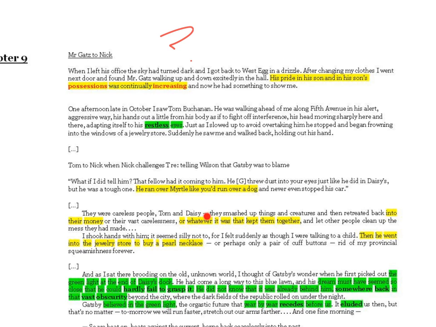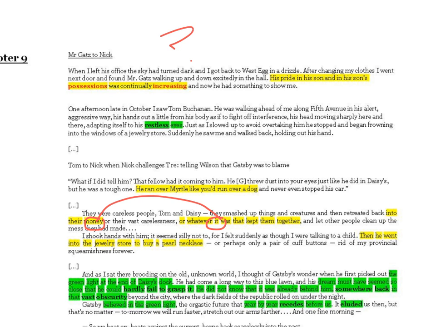Money is offered up as a first candidate there, into their money or whatever, so money is undoubtedly part of that, but it's also the security, the kind of preserving wealth. So here we have an adulterer and someone who has killed another human being, a violent adulterer, and Daisy, who has obviously been responsible for the death of Myrtle. Nothing happens. There are no repercussions. We can't know if there's any guilt because the narration stops there, and that's the limits of our first person narrative perspective. We get it hinted at here.